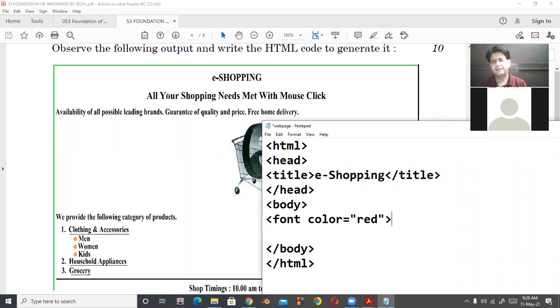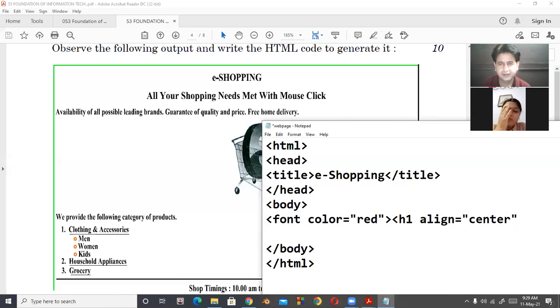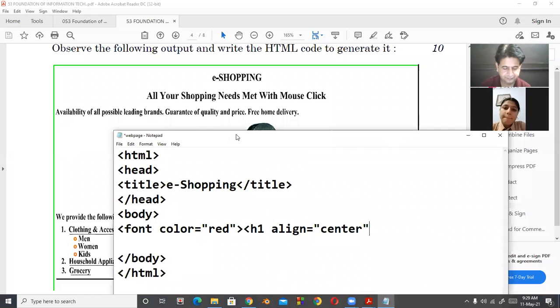Now we will start H1 for heading, but remember one thing, here text is center aligned. Align equal to center, and then the contents are e-shopping.